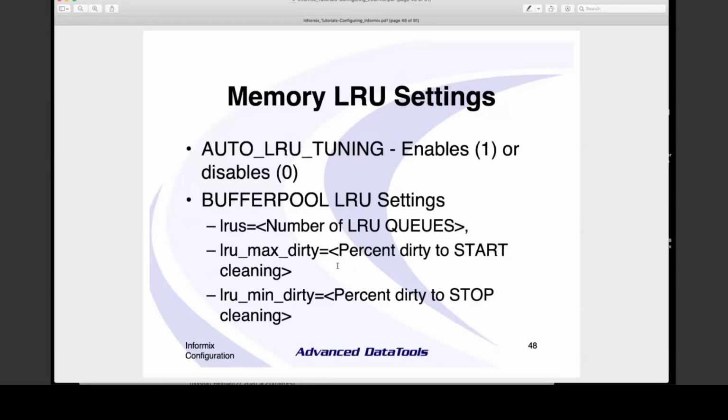A couple of other tuning things. By default, auto LRU tuning is turned on. And this means that Informix is automatically going to